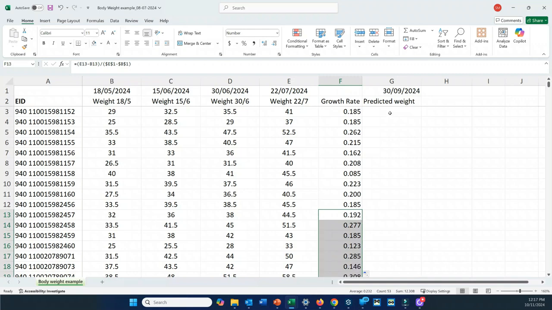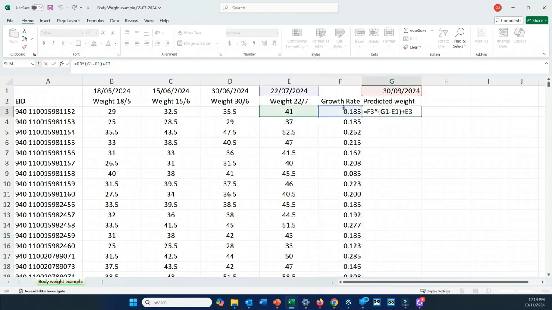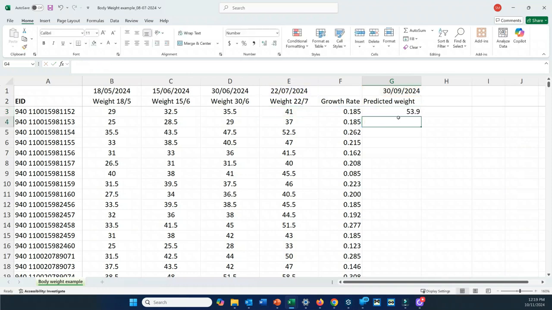If we then want to predict how long it's actually going to take, or what the weight might be by a certain date, for example, our first animal, if the current growth rate that animal is growing at, we want to times that by the number of days between the 30th of September and the 22nd of July. So that's our dates in here, plus our existing weight. So by the 30th of September, this animal should be around about 53.9, 54 kilos if they maintain that growth